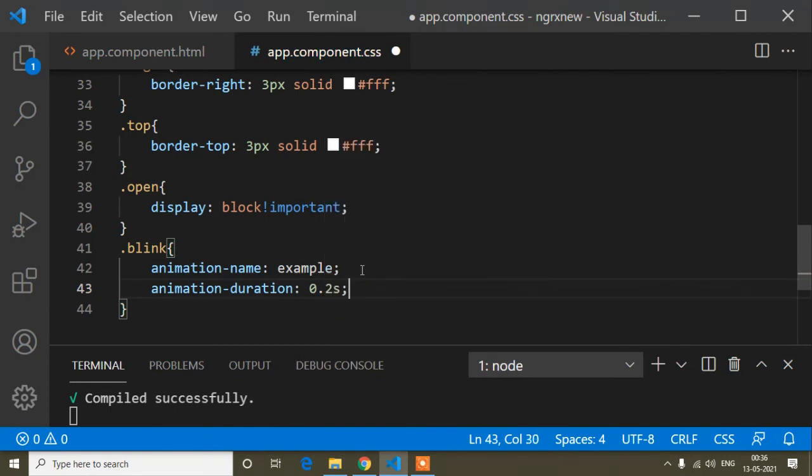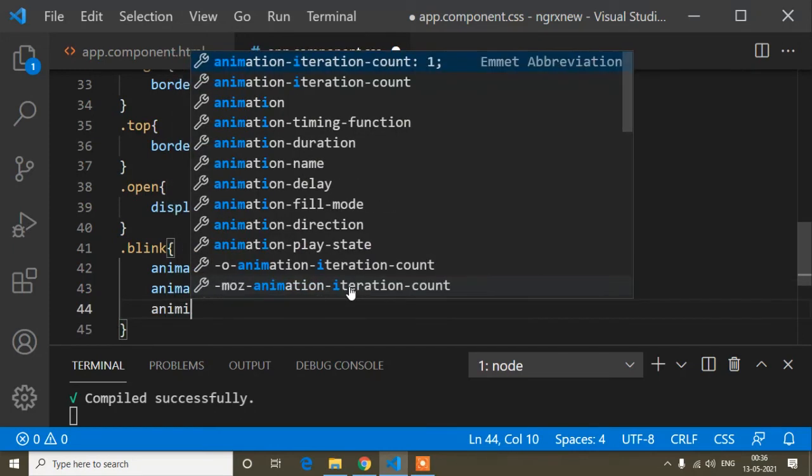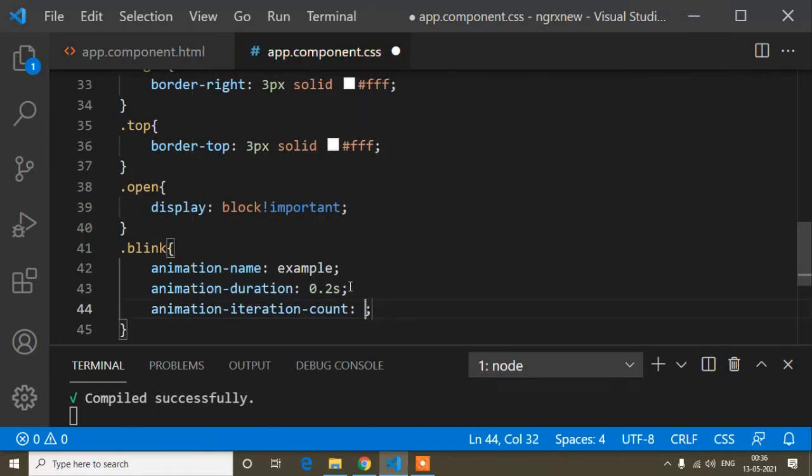That is how long the animation will be going on. Now animation iteration count is infinite, which means it continues and will never end.